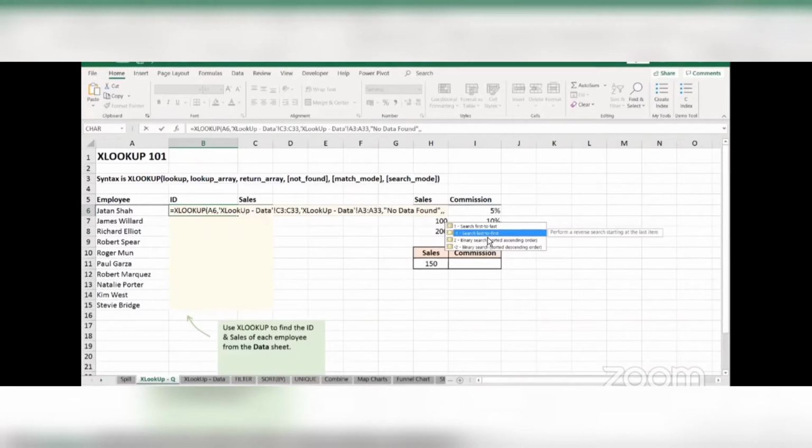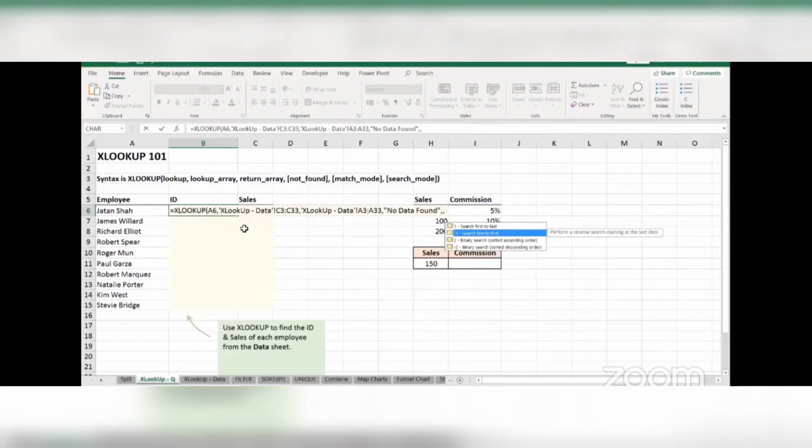So for example, if I had two Gary Millers, one Gary Miller is at the top of my table having the ID of 4. And I have another Gary Miller, which is at the bottom of my table having the ID of 11. If I select the option of first to last, I will have the answer as ID 4. That is the ID for the first Gary Miller. But if I select the option of last to first, I will get the answer of ID 11. That is the last Gary Miller.